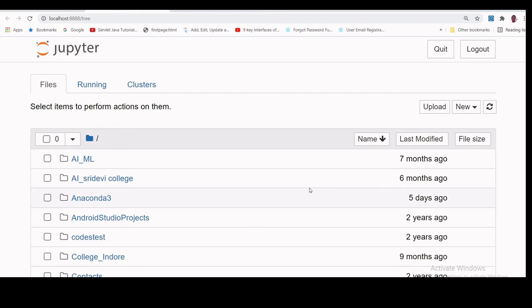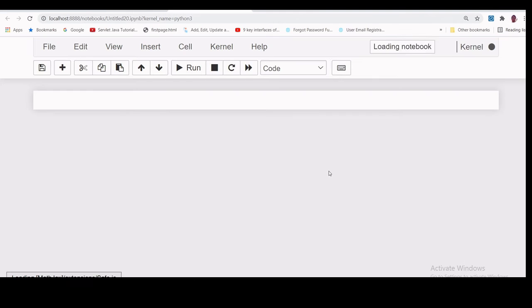In the browser, it will open in localhost, you will find. Why? Because this Anaconda, whatever you have installed, is a server type of thing. Whenever any software is installed as a server, it will obviously open in localhost. So it is opening in the localhost environment. It is actually opening the drive of your machine, the drive where your Anaconda is installed. So this is the drive of my machine where Anaconda is already installed. What you need to do? You have to go to New, then Python 3. A proper new file will open for you.